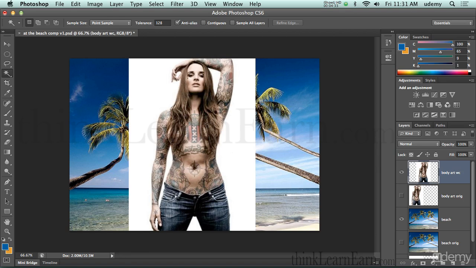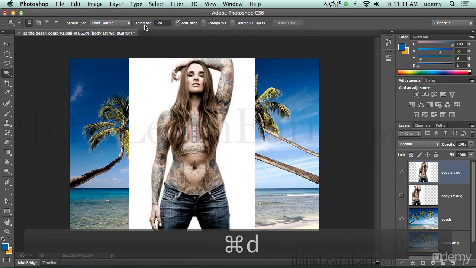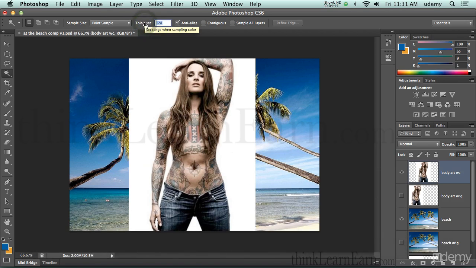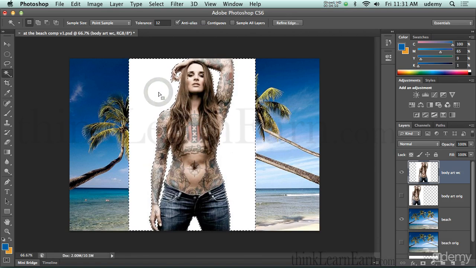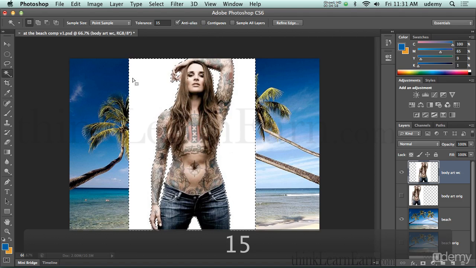So what I want to share with you, if you increase your tolerance level to 128, you're basically going to get most, if not all, your pixels. Okay, so I'm going to take this down to maybe 12. And again, I'm clicking here, not here. I'm going to type in 12. And if I click right there, that's going to get most of the white. Now I could probably adjust this a little bit more by making that 15 and